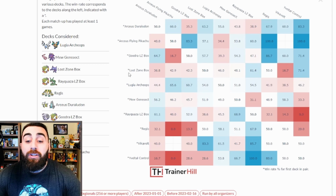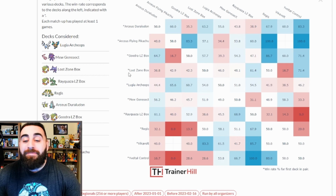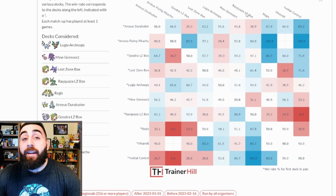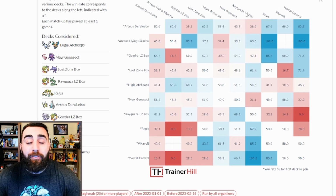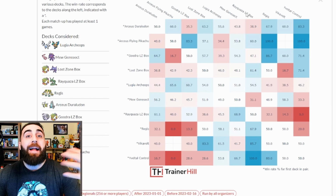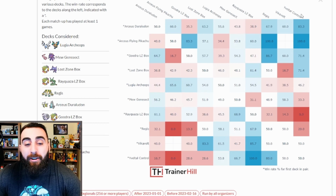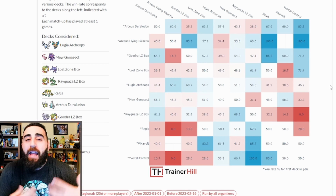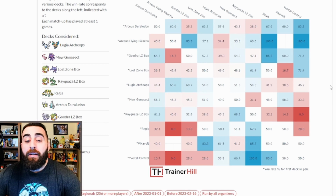Lost Zone Box has a pretty lackluster matchup spread. I mean, you're pretty unfavored into everything except for Lost Zone Ray and Yveltal Control, which Lost Zone Ray is a good deck and it's pretty popular and something that I would definitely consider the matchup against, but I would not care about Control, at least enough, right? The odds of you hitting the handful of Control players are really low,